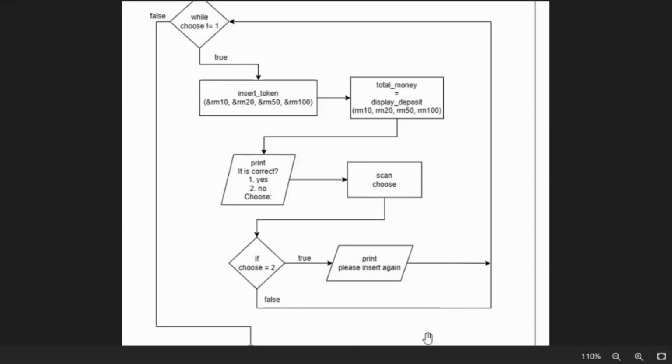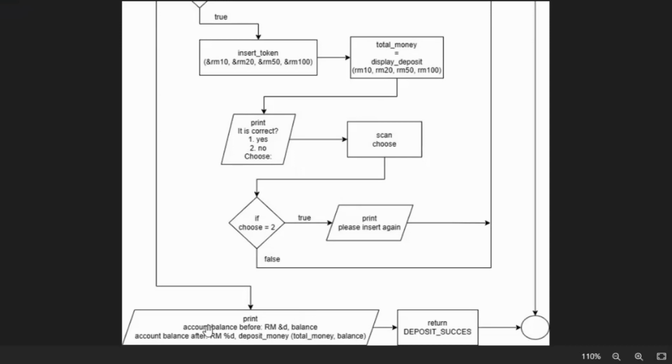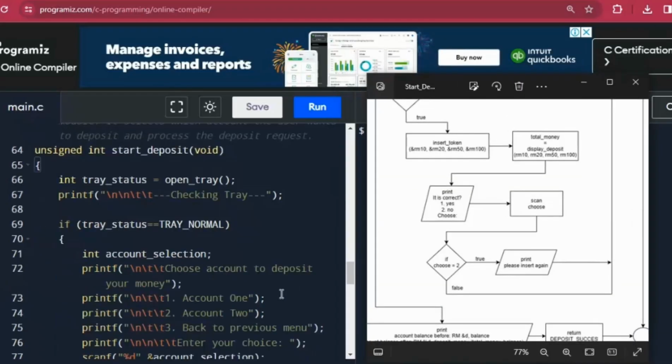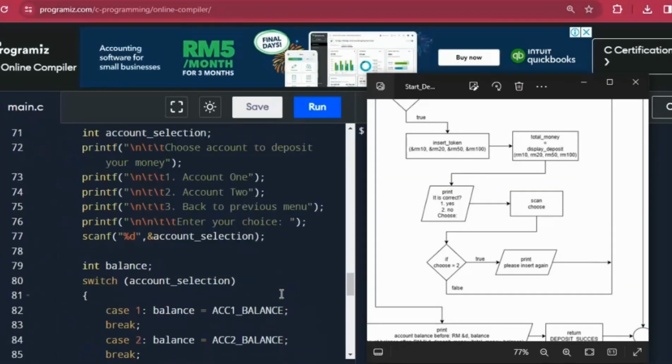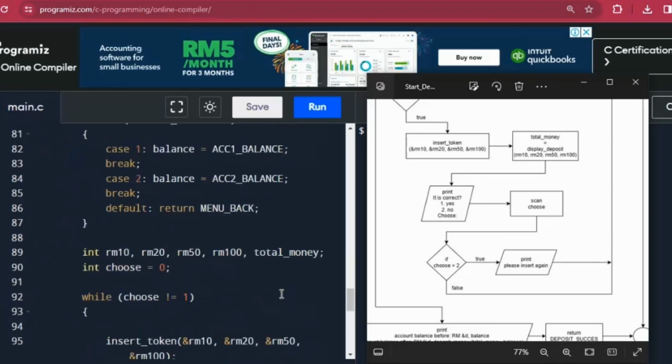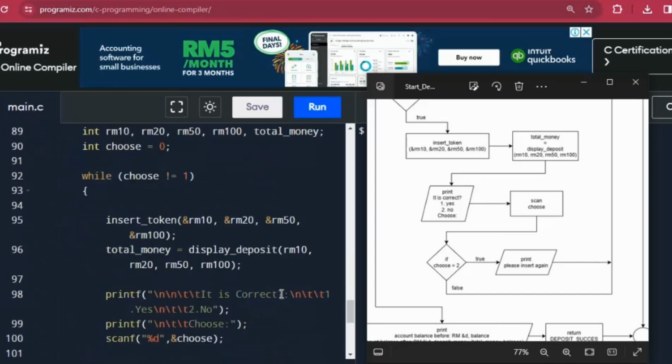Once the user confirms that the amount inserted is correct, the function prints the account balance before and after deposit using the deposit money function to calculate the new balance. The function then returns deposit success. Overall, the start deposit function provides a clear and user-friendly interface for depositing money into a